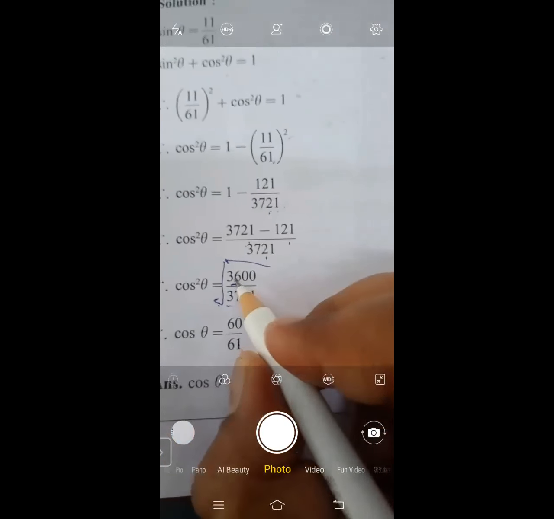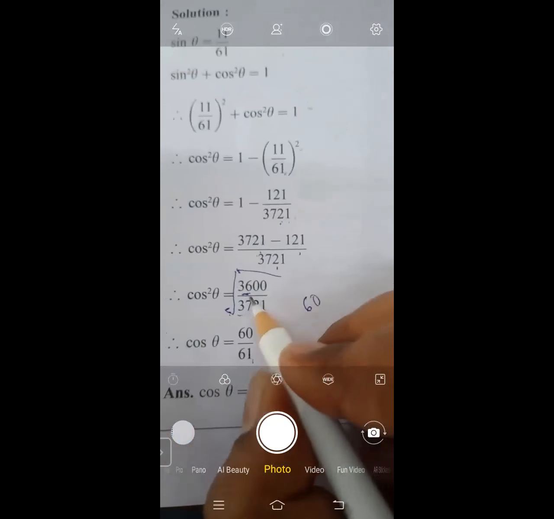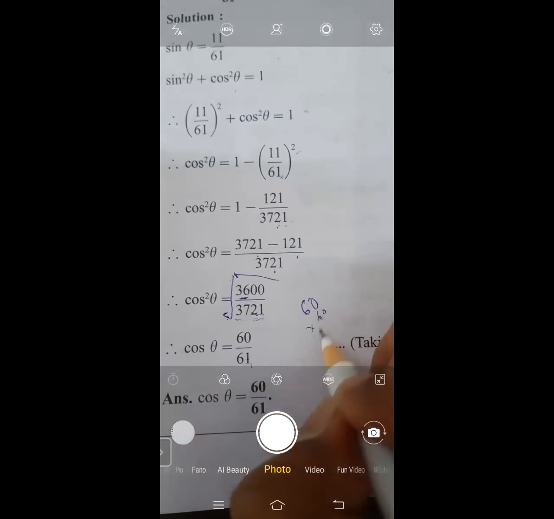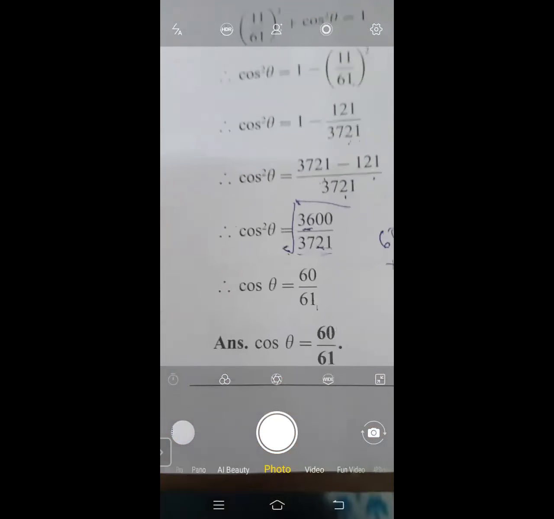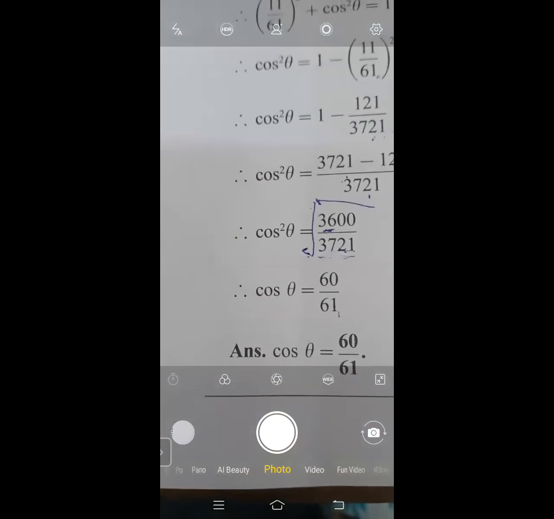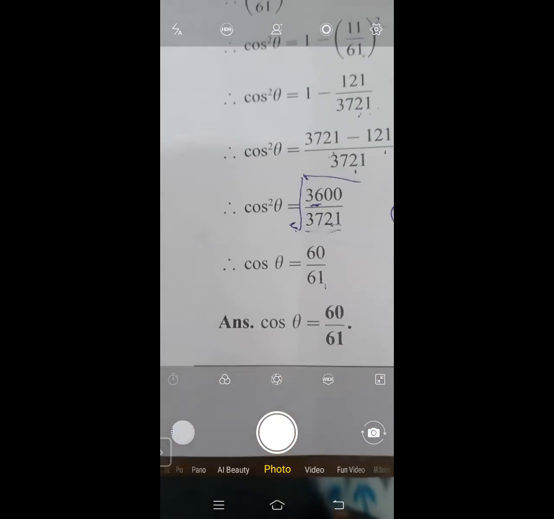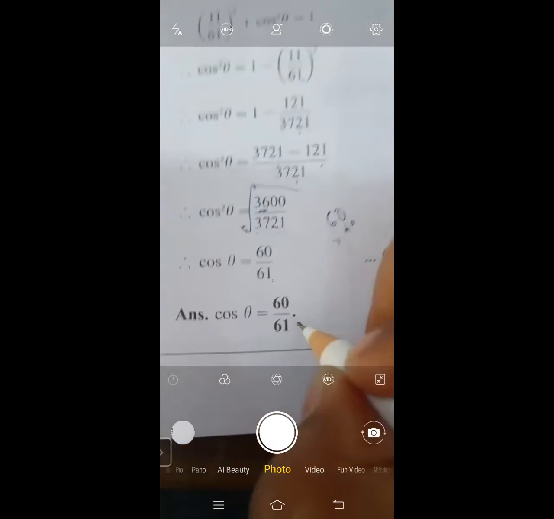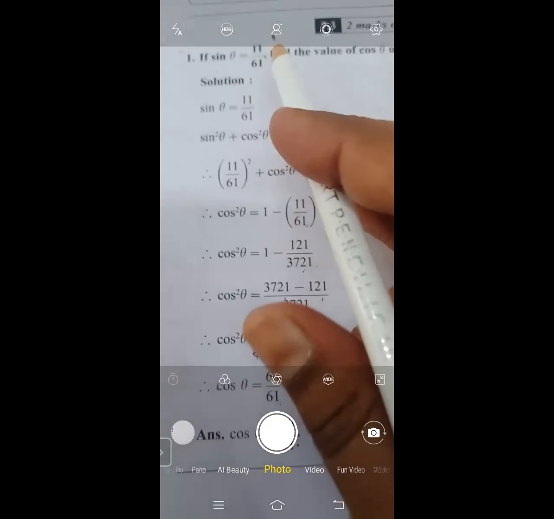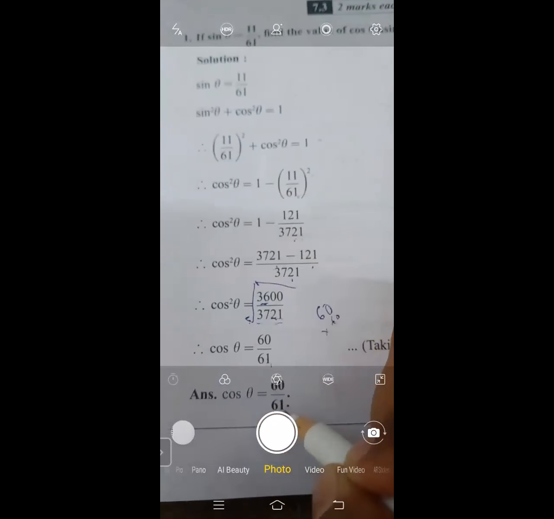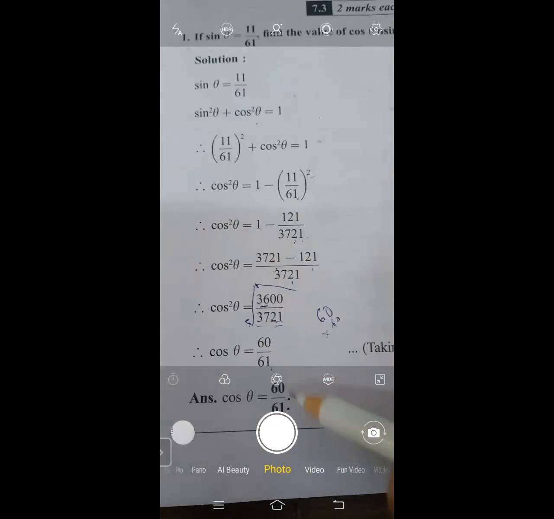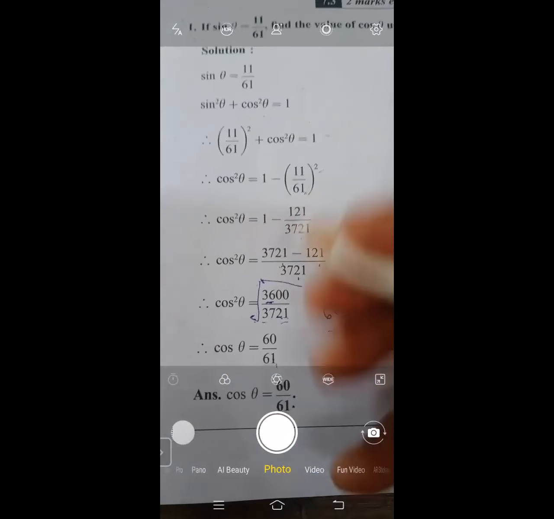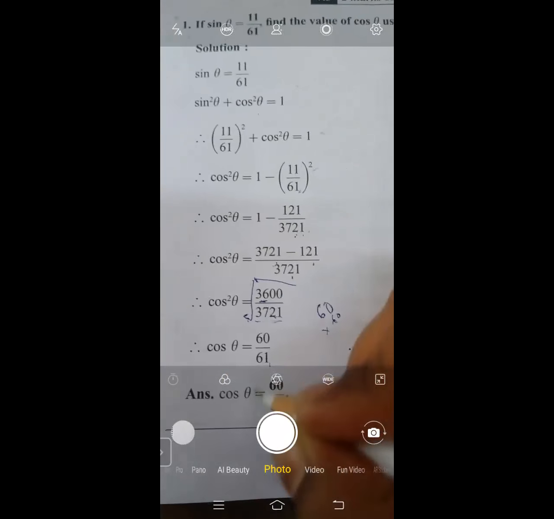Okay, so the square root of 36 is 6. Just place a 0. As we multiply 62 times, the 2 zeros will come, but while taking its square root, only 1 zero will come. So the answer is cos theta is equal to 60 upon 61. Now you can see that the denominator is hypotenuse for both the ratios, sin theta is opposite upon hypotenuse and cos theta is adjacent upon hypotenuse. So for both the ratios, the denominator was hypotenuse, and here also the denominators are the same. So whatever value we have computed, it is correct.